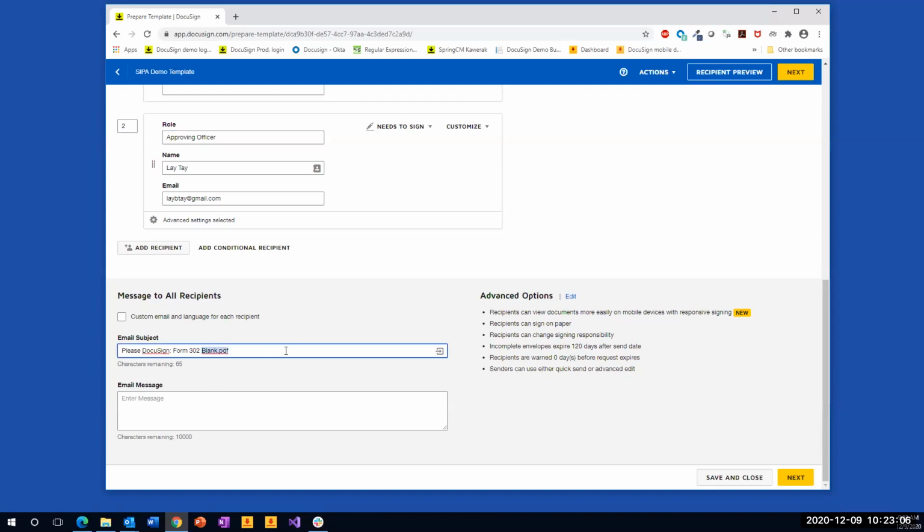So, for example, form 3024, and what I can do is I can also insert the applicant's name directly in the email subject. Basically makes it a little bit easier to find certain emails from DocuSign later on, right? And the next thing you do here is to give it a simple message, please DocuSign, or what have you. Maybe certain instructions that you would like to provide for the applicant, you can definitely put those here.